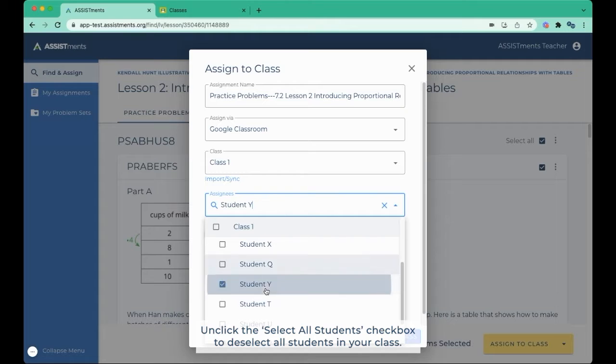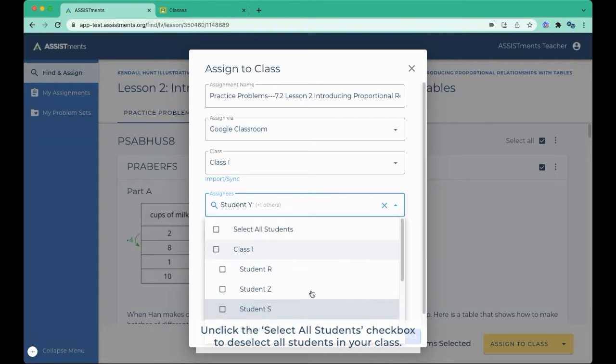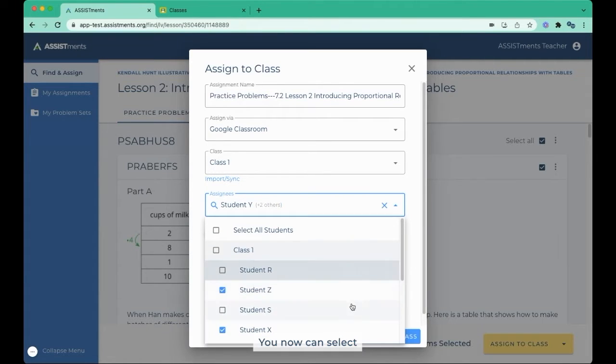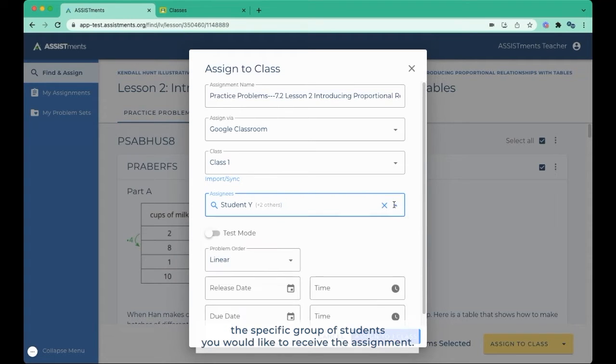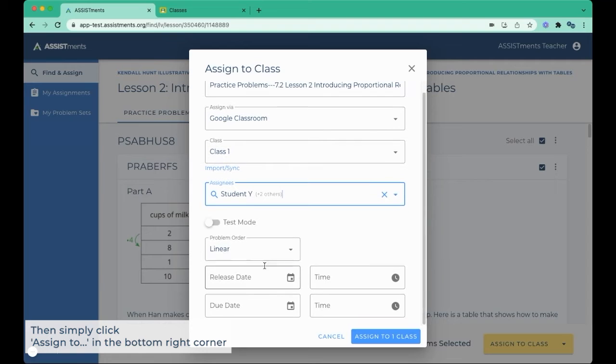Unclick the Select All Students checkbox to deselect all students in your class. You now can select the specific group of students you would like to receive the assignment. Then simply click Assign to in the bottom right corner as normal to deliver the assignment to the subgroup of